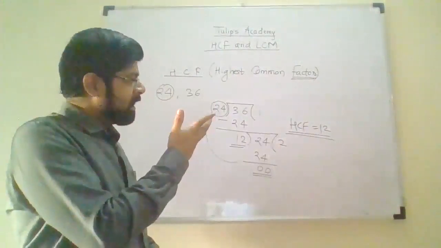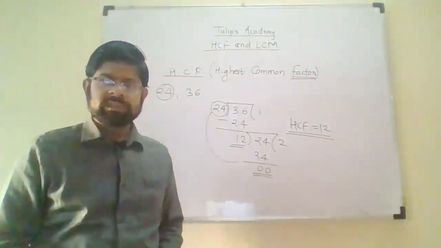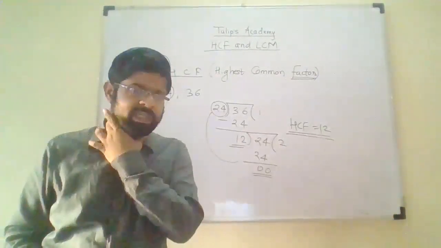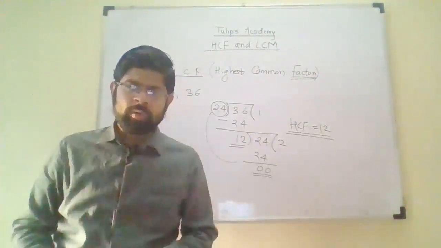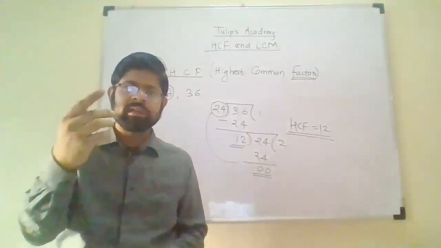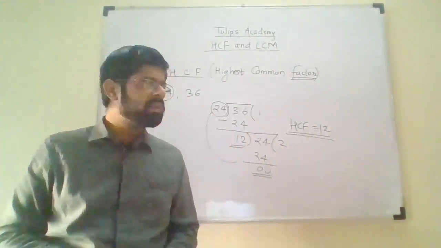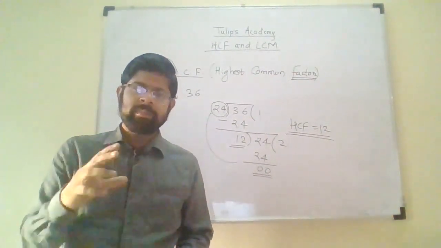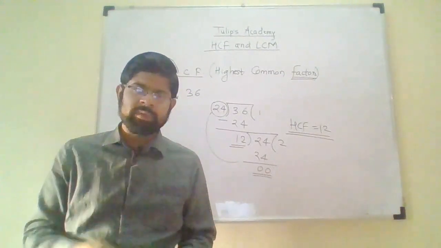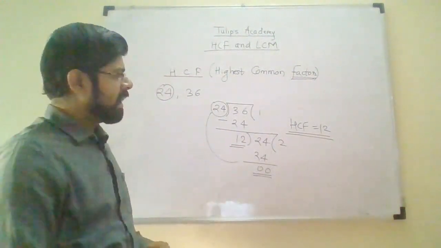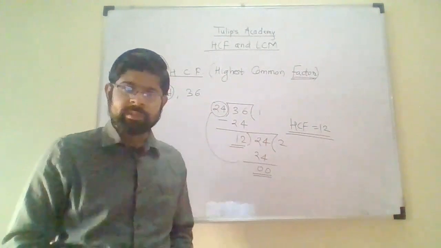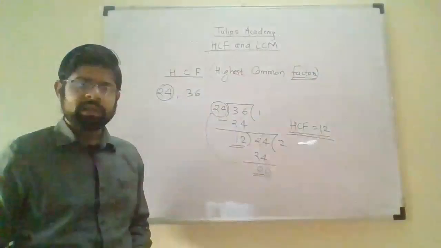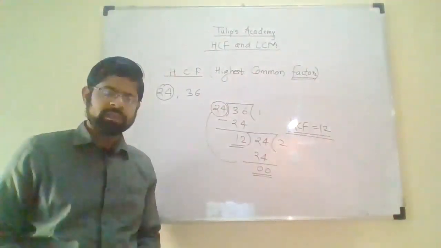So calculating the HCF of two numbers is clear to you, I think. We have seen three methods. In the first method, we listed out the factors of all the numbers and checked which is the highest common factor. Then in the second method, we went through the prime factorization method, and in it we circled the common factors and took the product of all the common factors. And in the third method, that is the long division method, we considered the smaller number as the divisor, the larger number as the dividend, and then we carried out the operation.